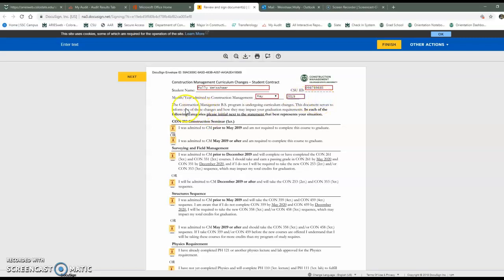And then what you're going to do is read this entire document thoroughly, every sentence. I know, you can do it. It's only 2 pages. I recommend going through the document top to bottom. So what you'll do is you're going to initial next to which of these 2 statements for each section applies